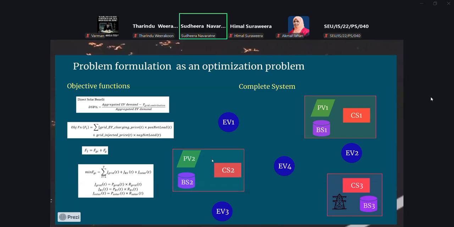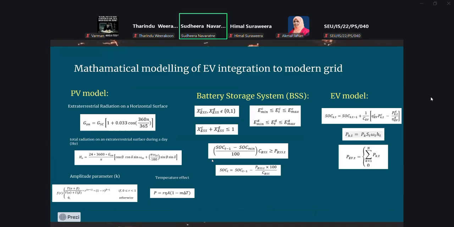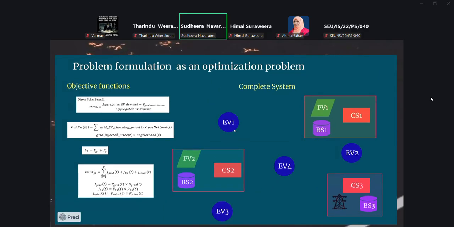And the other thing is, as I said earlier, when you are doing the mathematical model, you focus on the individual component. So you build a mathematical model of individual components, right? So we have PV model, battery storage, and EV model, and so on. Okay. But in the complete system, you may have a number of EV models.